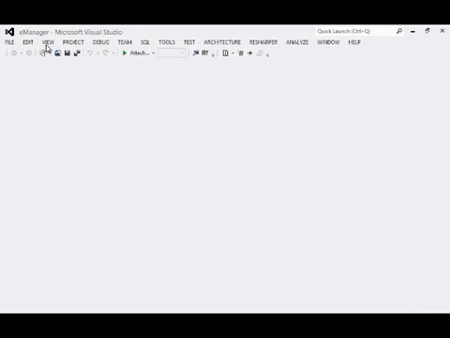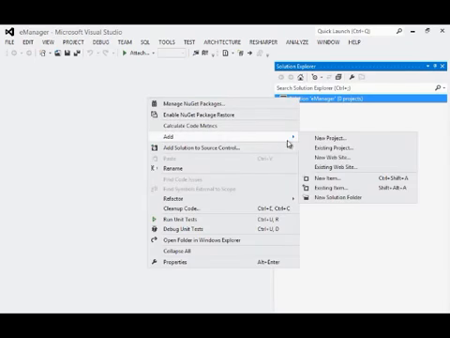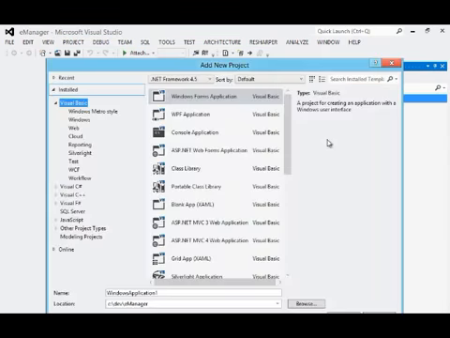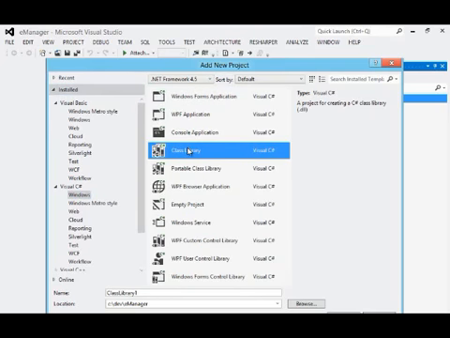I have a solution, there's no projects inside yet. Instead of starting with an ASP.NET MVC project, let's get started with a project that represents the entities and the business objects that I care about. So I will put those inside of a Windows class library, which produces a DLL which you can reference from other projects. And I'll call this